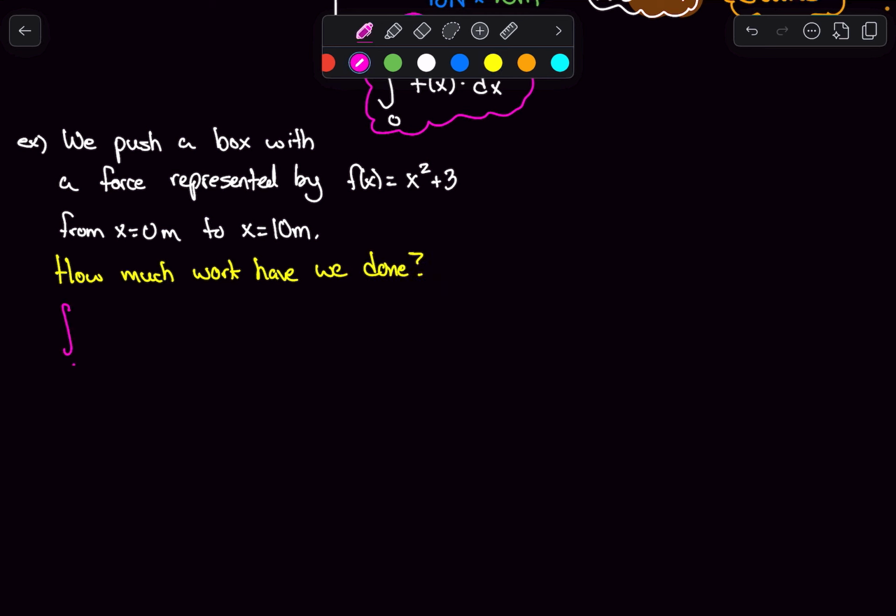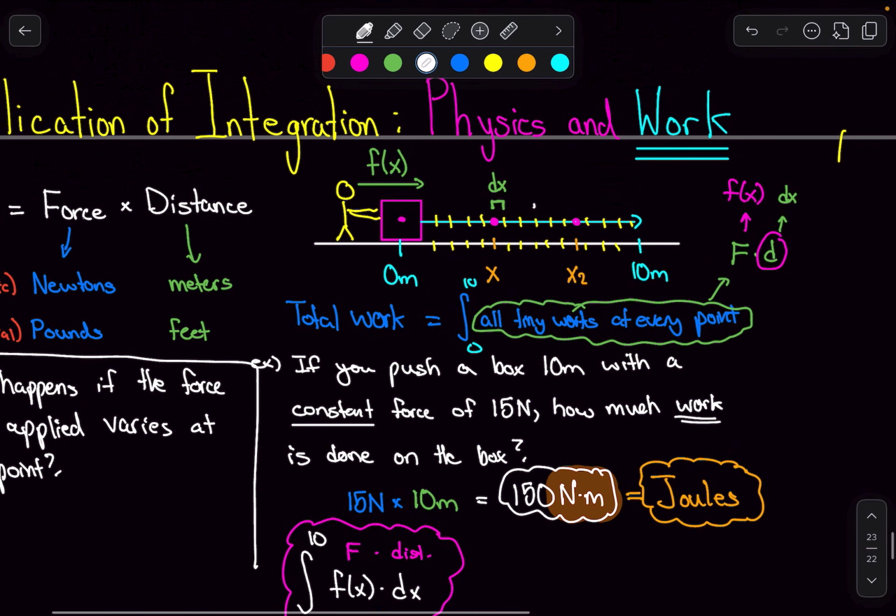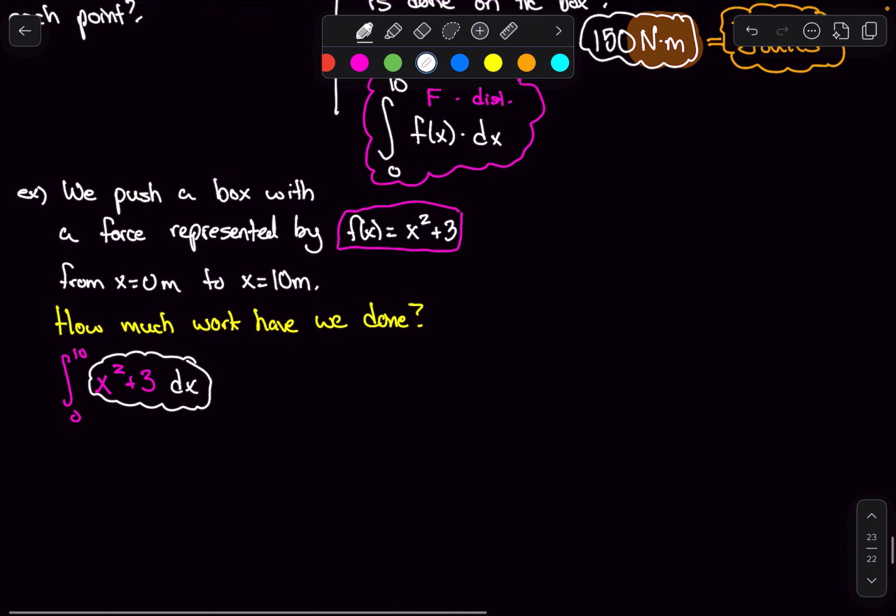It's going to be the integral from 0 to 10. We're going to pop in the fact that our force varies. We already logicked our way through it. It's going to be x squared plus 3, and then the dx, and each one of these is going to be the amount of force it takes to move that box one tiny iota of space, or excuse me, how much energy it takes to move that box one tiny iota of space, and we're just going to add them